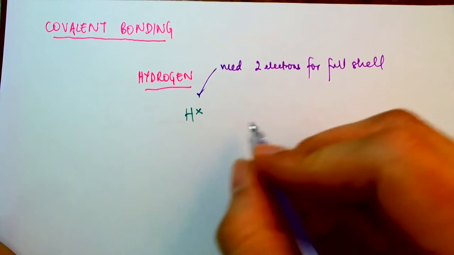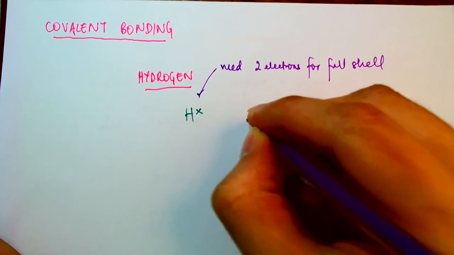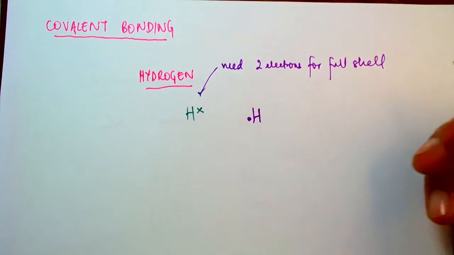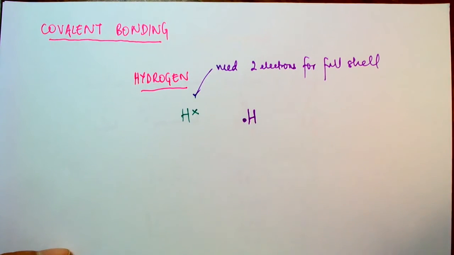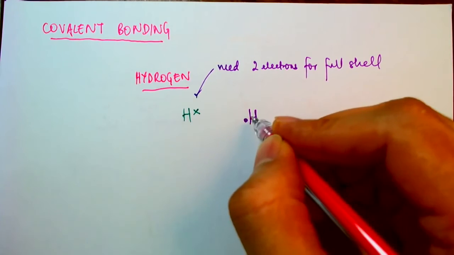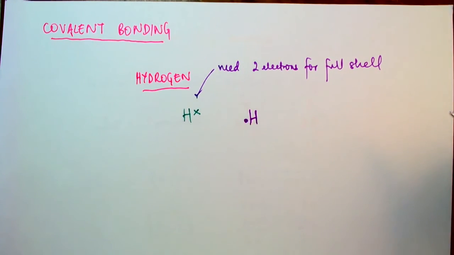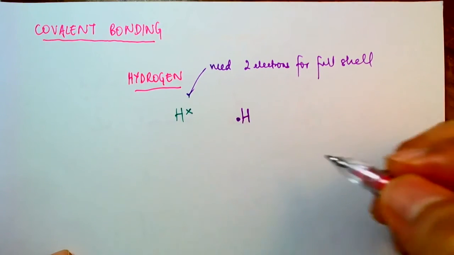Now I like to combine hydrogen with itself, so let's bring in another hydrogen. I'll represent its electron with a dot. Now, you might say, well, we've learned that we can transfer electrons between atoms. Let's do that. Let's take this electron from purple hydrogen and give it to green hydrogen. Then green hydrogen would be happy, but purple hydrogen wouldn't be happy anymore, because now purple hydrogen has no